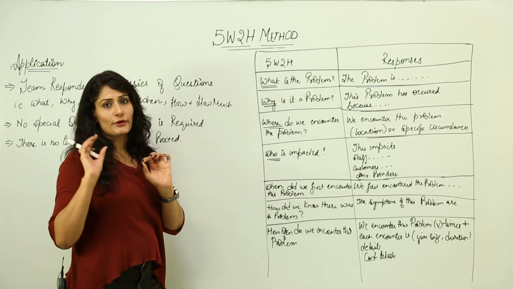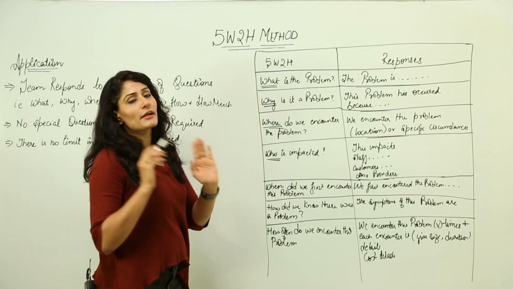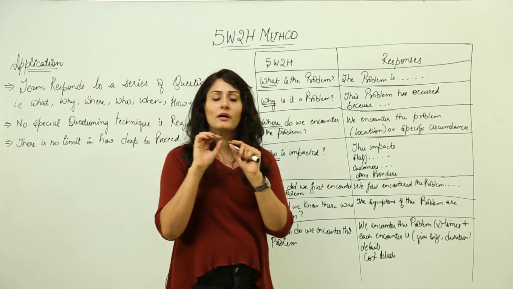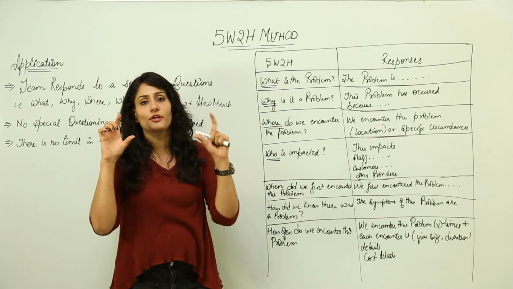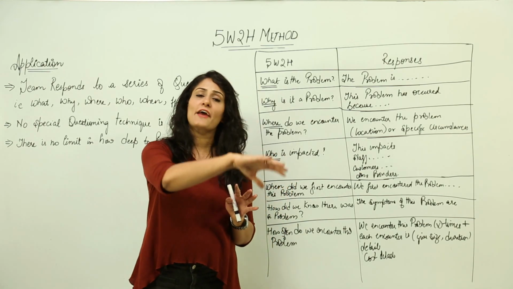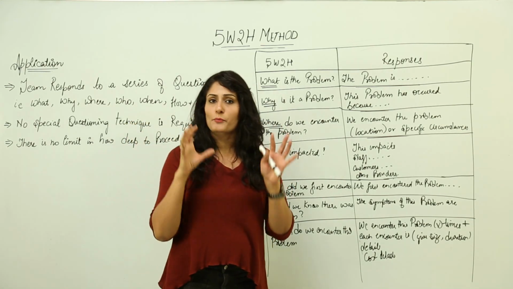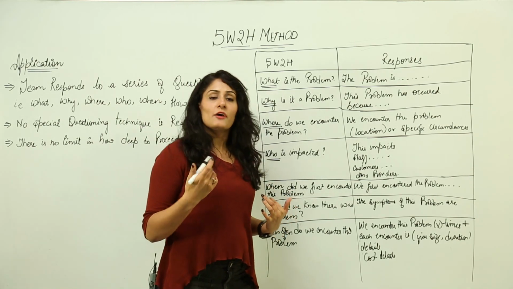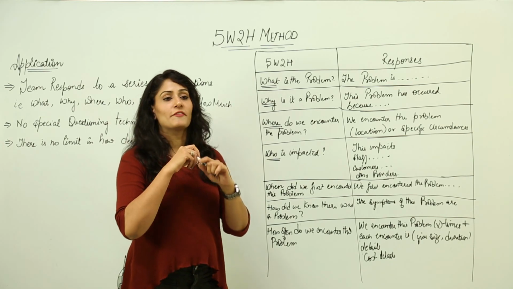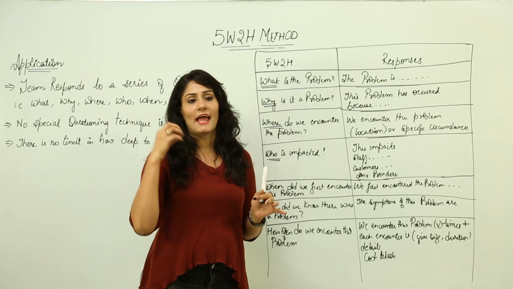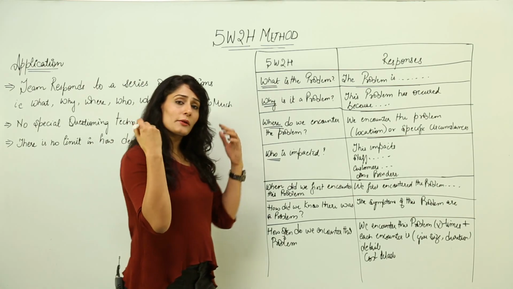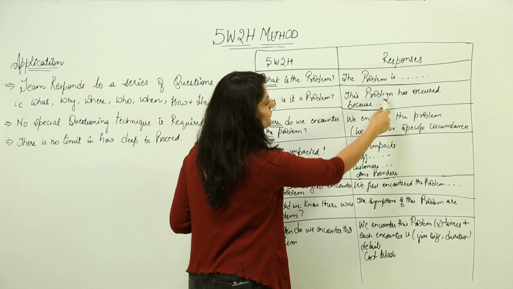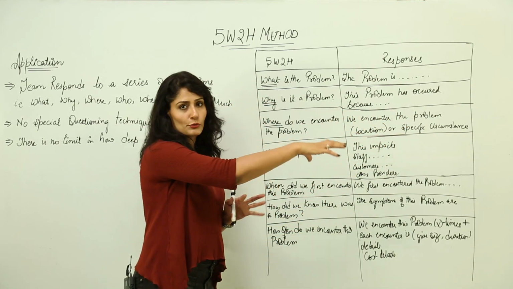So the first question which the team needs to answer is: what is the problem? When you ask what is the problem, try to be very specific, try to ask the question in one sentence, and make sure that everybody in your team understands what the problem is. Then proceed to the why part, that is, why is it a problem? The team would answer that it's a problem because they have that problem in hand, or they have that opportunity in their hand, and on that basis they answer why it is a problem. Then you write the answer for: this problem has occurred because.